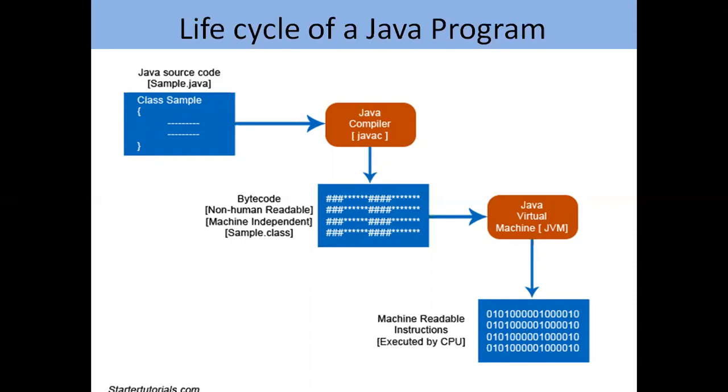The file which is generated after compilation is a .class file. So as per the example, the bytecode file will be sample.class. Initially, at editing, it is sample.java, and after compilation it will produce sample.class. In order to compile a Java program, the command is javac space filename.java. So for this example it is javac space sample.java.